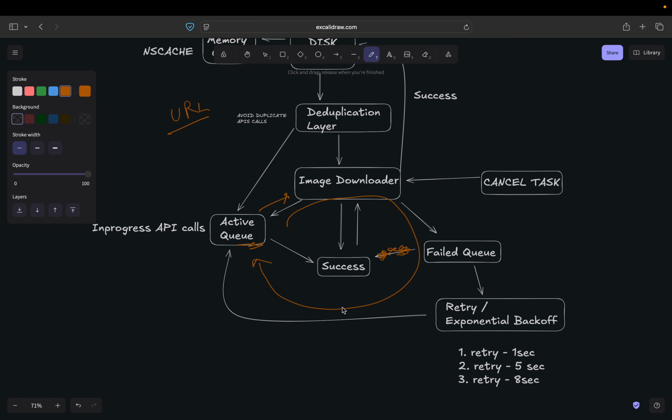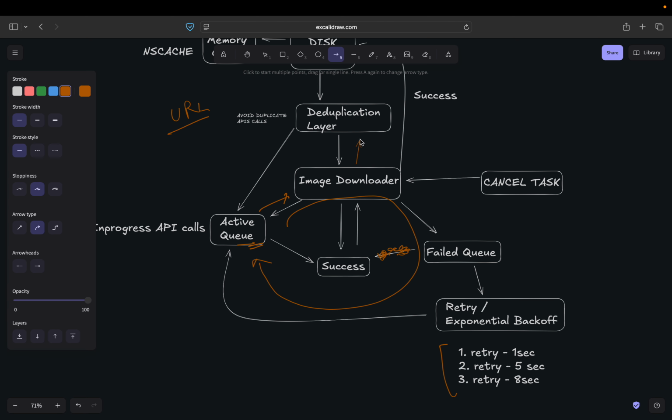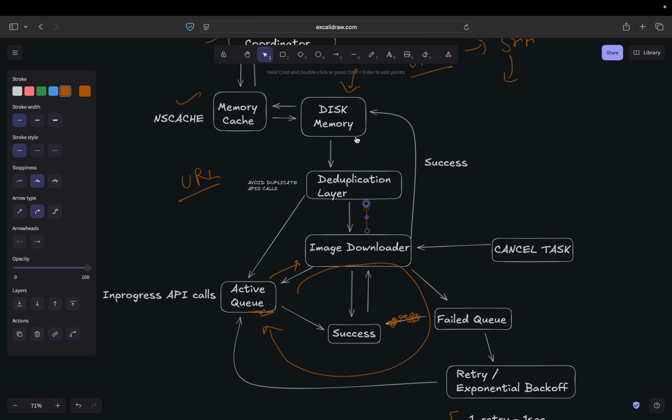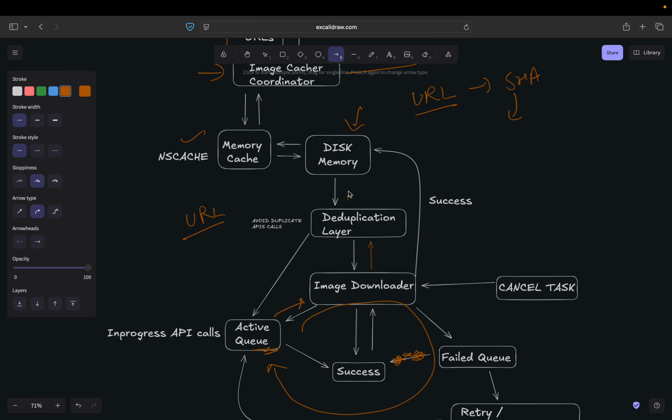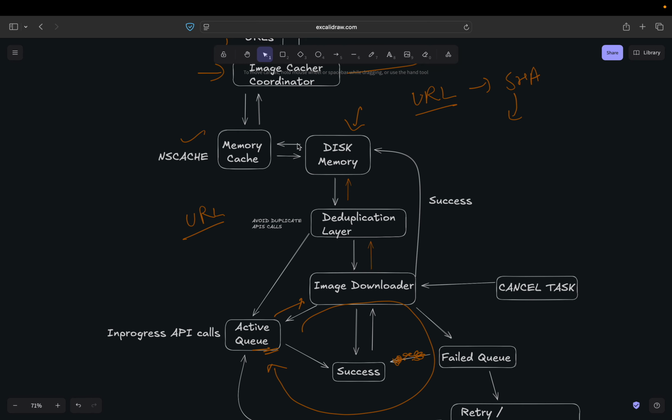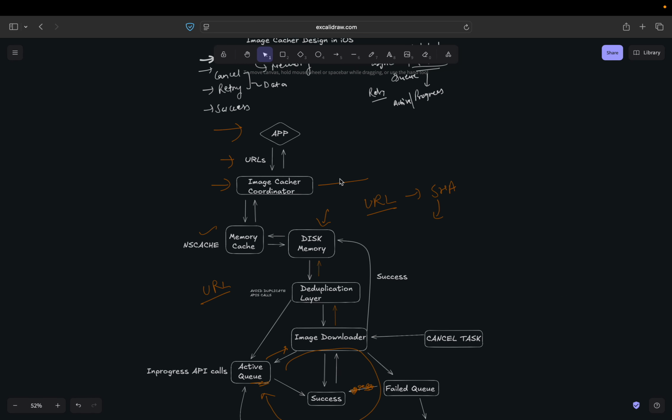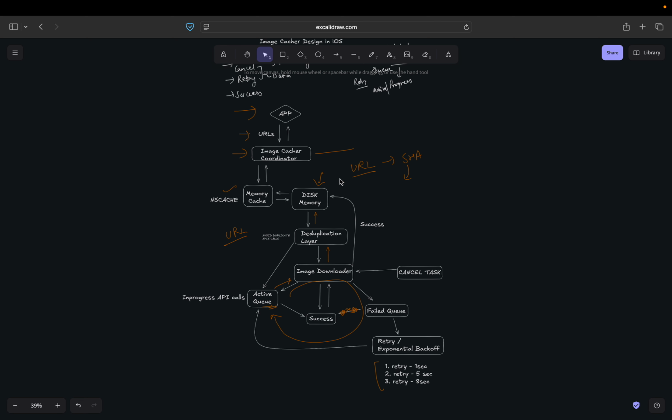In the retry mechanism we studied, we have exponential backoff, and we will have these retry things. And if they are active, then image downloader will give the values, that is the images, to the deduplication layer, and then deduplication will pass it to the disk memory, and finally we will have the data back in the image. And once we have the downloaded data, we make sure it also gets cached as soon as we get them. So this is a basic flow that you need to have if you are designing a normal